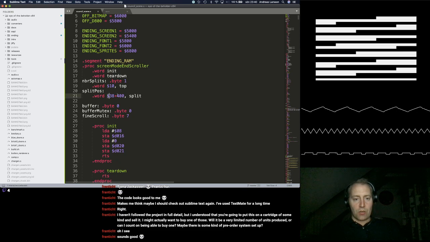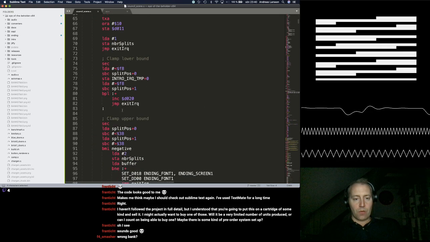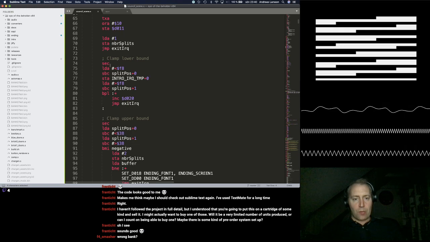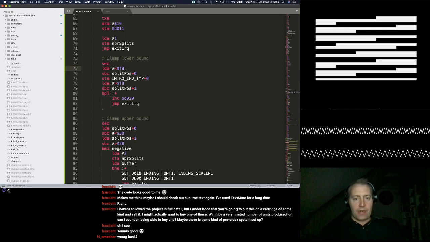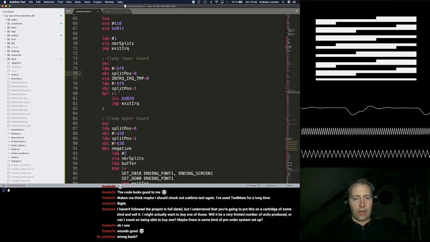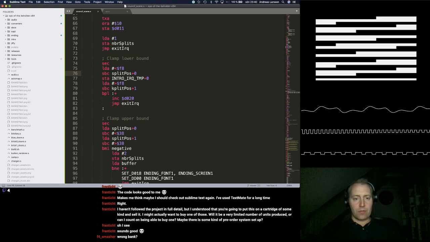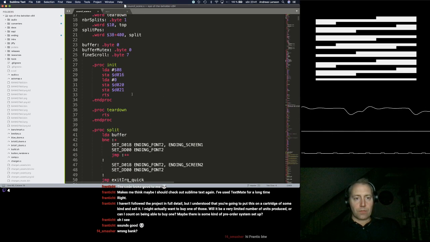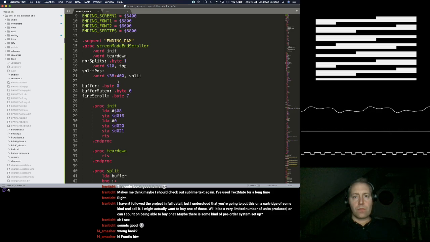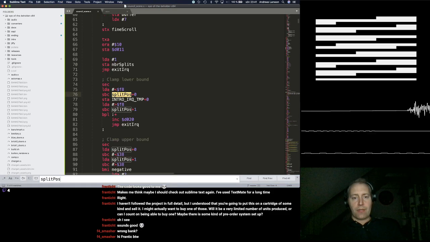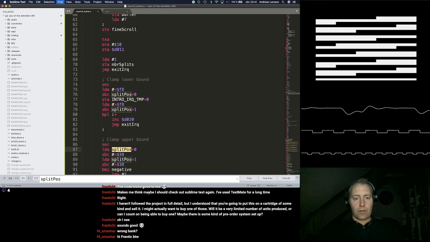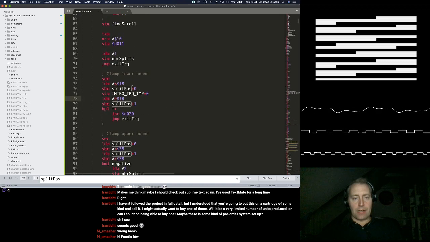Well, split position way out of range. And we subtract line F8 with that value, so it should become really negative. Should be negative now. What have I missed? It's a wrong bank, definitely, but I mean, the clamping code here will set the bank, and